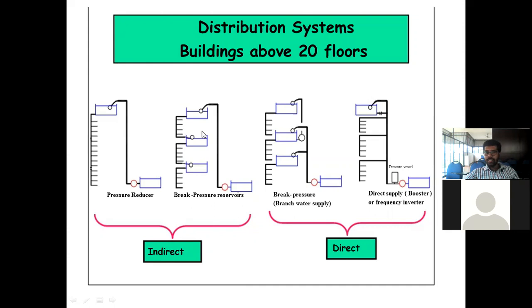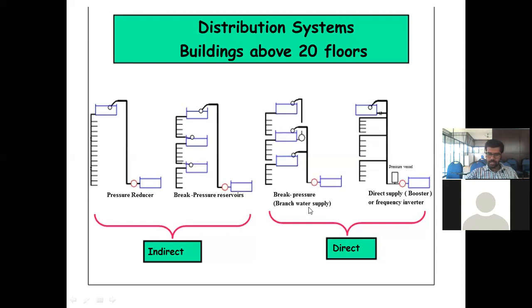So you will have three different tanks, so that the water from this will be given to this floor, and the water from this tank will be given to this floor, so that the pressure can be reduced, because it is not flowing directly from the top. The pipe connection is getting water only from this overhead tank, for this many floors, not the complete building, so that we can reduce the pressure.